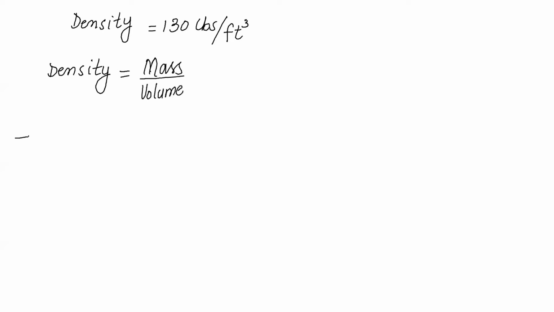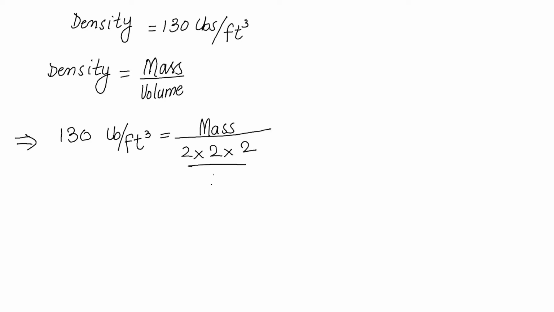So density is equal to 130 pound per feet cube, equals mass upon 2 into 2 into 2 divided by 12 cube. Obviously, the mold size is 2 inches into 2 inches into 2 inches, so you have to divide it with 12 cube. Therefore, your total mass of cement and sand will come out